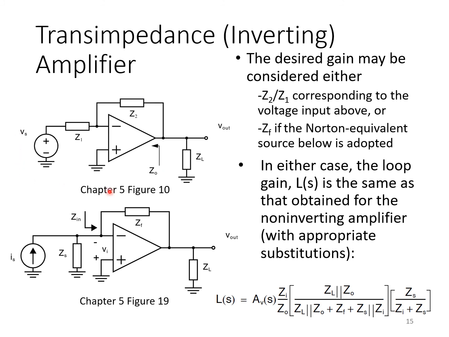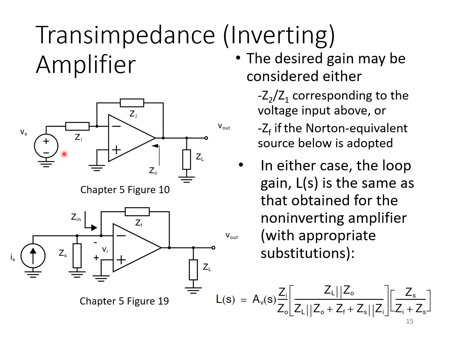Here we return to the example of the inverting op-amp configuration. Again, this is often modified slightly by making a source transformation and converting the input into its Norton equivalent, as shown here, in which case the feedback amplifier looks like a transimpedance amplifier with shunt feedback. But the good news is that in either case, when we're finding the loop gain L, the result is the exact same. And in fact, the analysis looks very much the same as it does for the non-inverting configuration, because